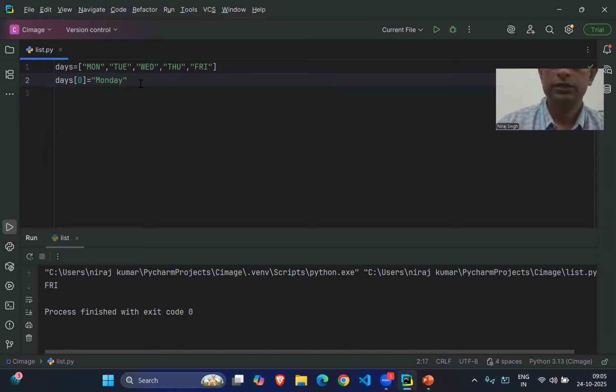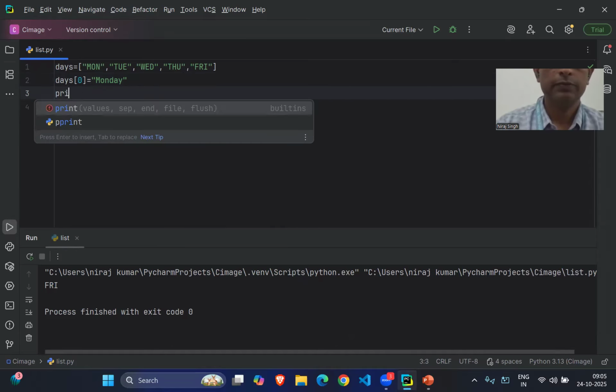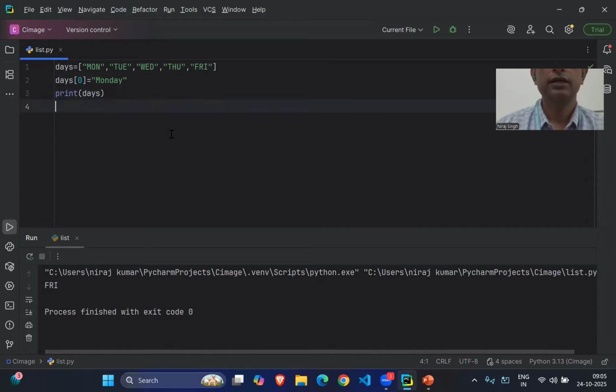If we check, print days, you can find the first element has been changed. So this way you can modify the list element.